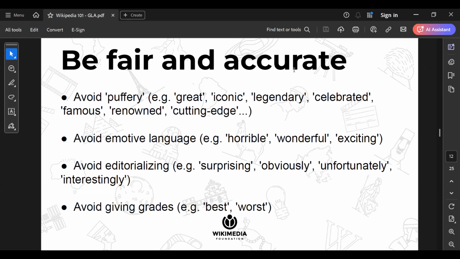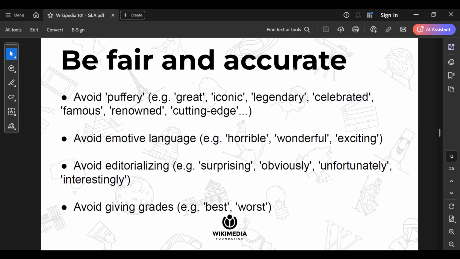When you use words like this, it deviates from the encyclopedic content that you are writing on Wikipedia and makes it look promotional or damning, trying to condemn someone or a topic on Wikipedia.